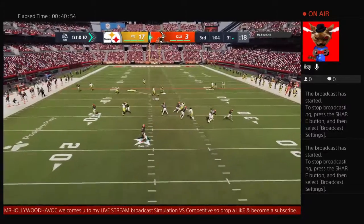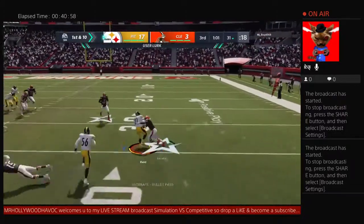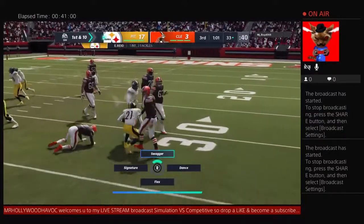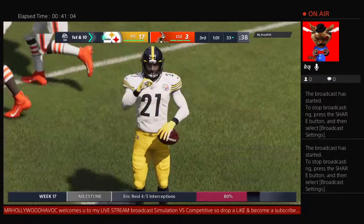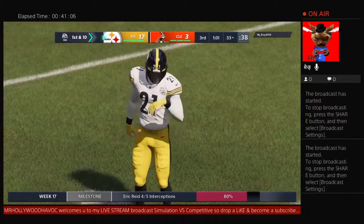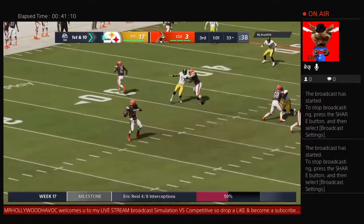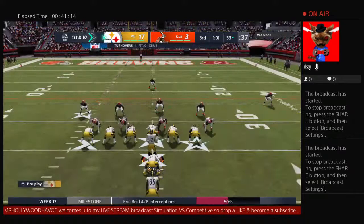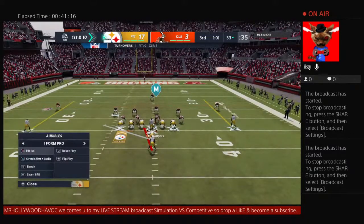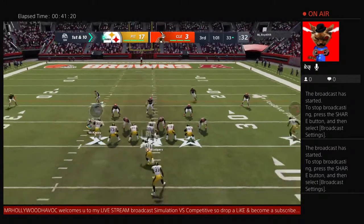Now a play fake here on 1st down. And now Burrow going to be intercepted yet again. Picked off by the safety, Eric Reed. And he's able to get it back to the 33-yard line. He's had a fantastic rookie season, made a lot of lovely throws, but that wasn't one of them. Well, we got to give him one, don't we? I mean, with the year he's having, a lot easier for he and his teammates to accept that throw, because for the most part, what they've seen, it's been pretty